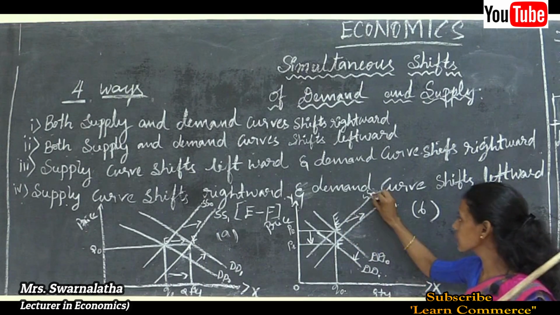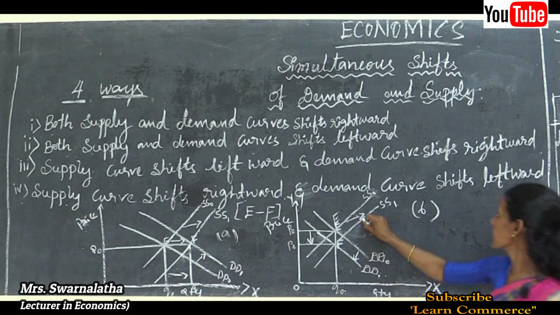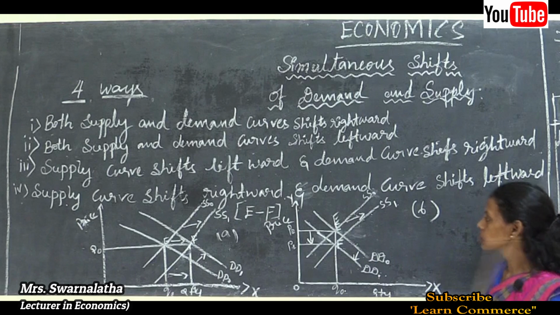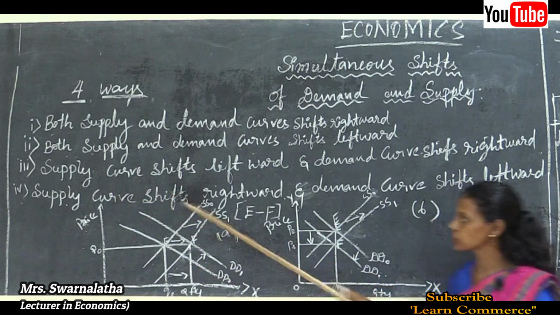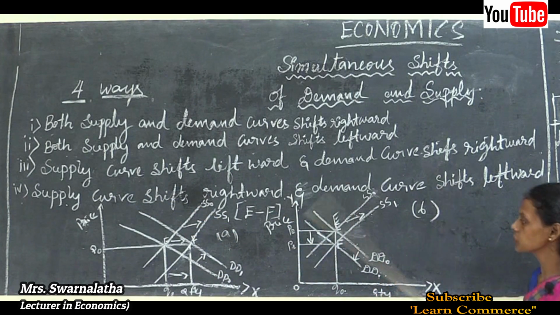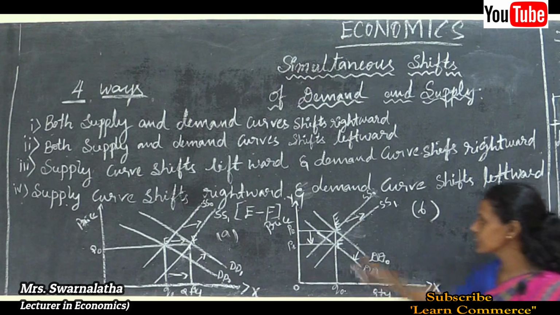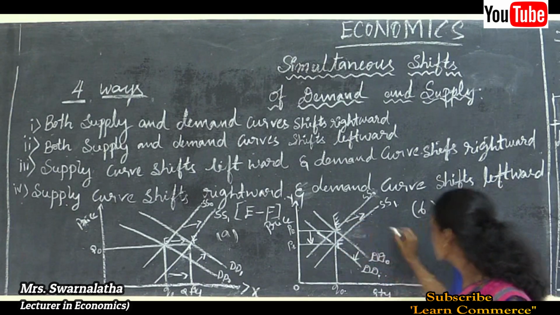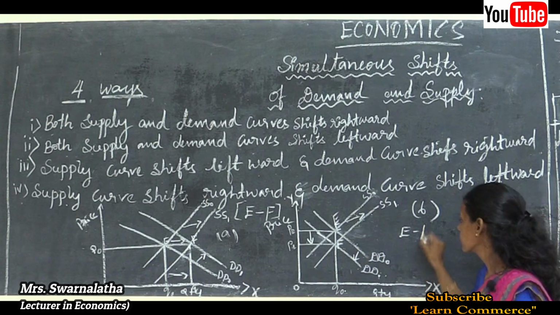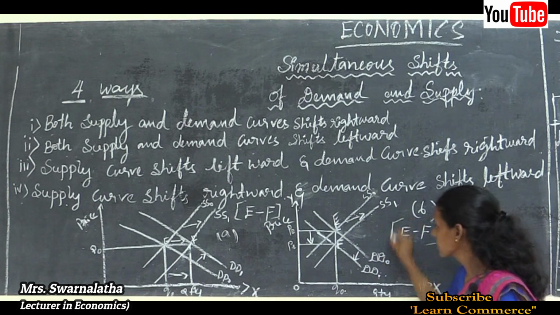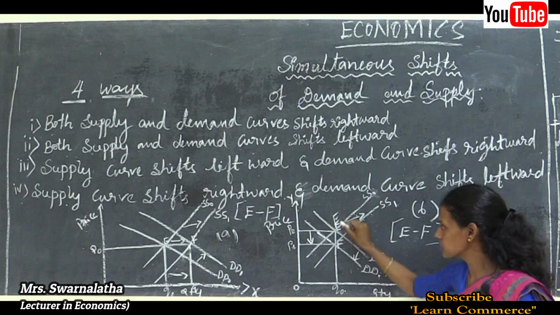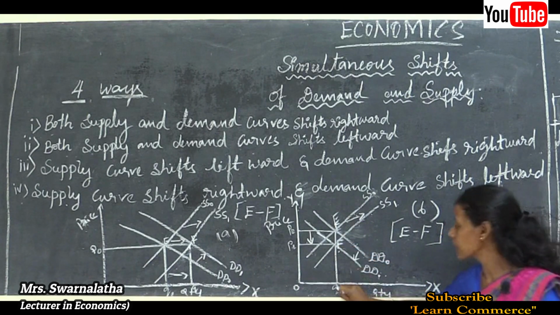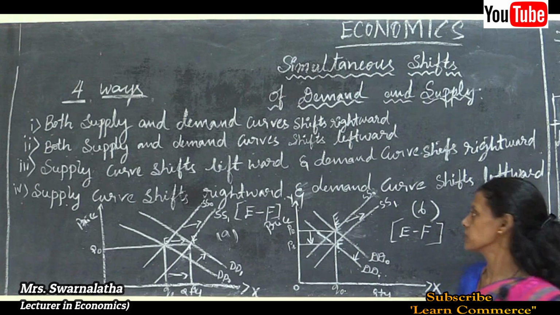The supply curve shifts from left to right. So, on any deviation, the supply curve shifts rightward and the demand curve shifts leftward. Thus, the initial equilibrium is E. The equilibrium shifts from E to F. The vertical shift in the equilibrium shows that the price changes but the quantity produced remains unchanged.